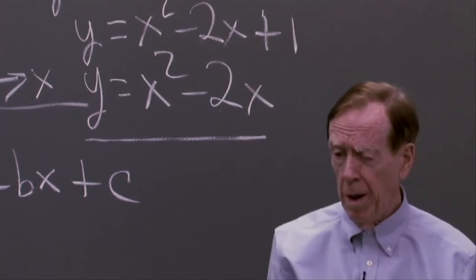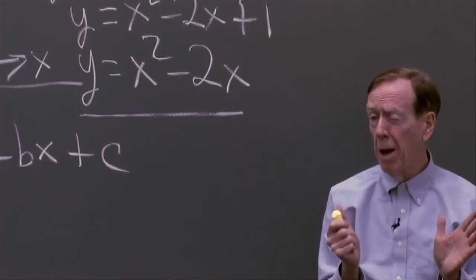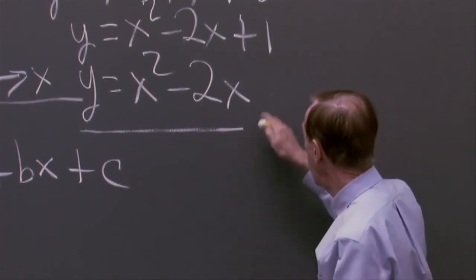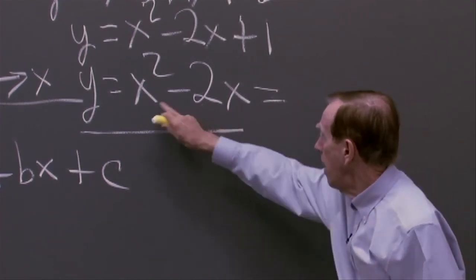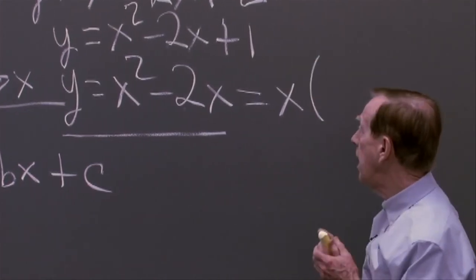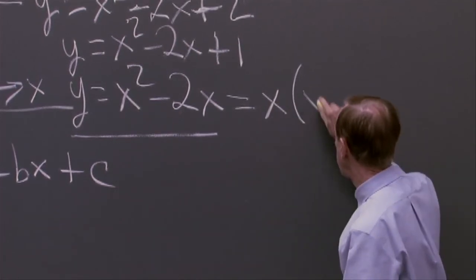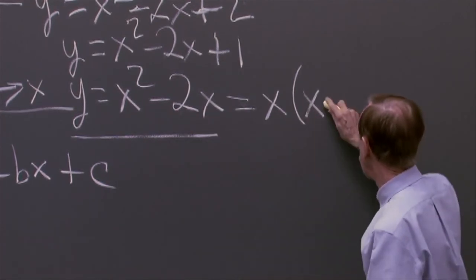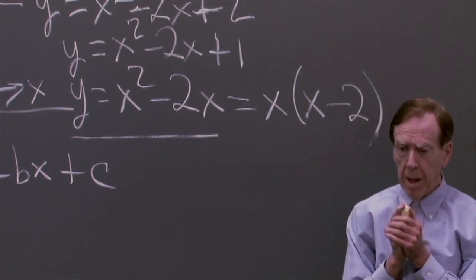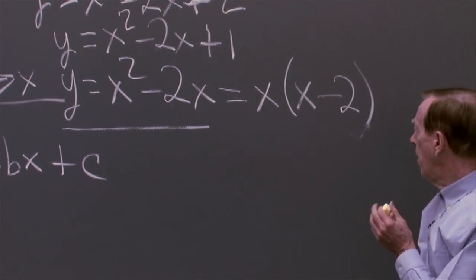So I want to find where that's 0. And maybe you know that one way to do it, if you have a nice example like that one, is factoring. If I can split this into multiply 2 things together, and I can. Do you know how I could factor that? An x appears both places, so I can take out the x, and what's the remaining thing? That x squared, of course, means x times x, so I need an x times an x there, and here I have minus 2 times the x. That's what I would call factoring that polynomial. Quadratic, because it's got that square in it. Okay, and this tells me